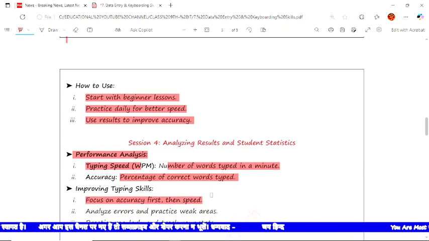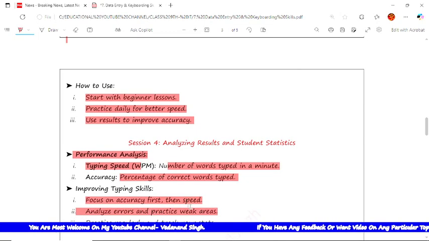Whenever we practice in the lab, we focus on accuracy first and after that speed. Now analyze errors and practice weak areas. If you are practicing and find a problem with any particular key, it will show the result and you have to work on those keys, practice regularly and track your stats.